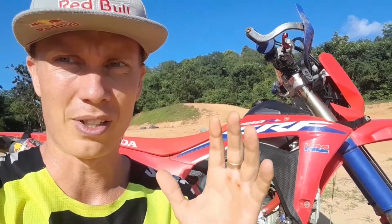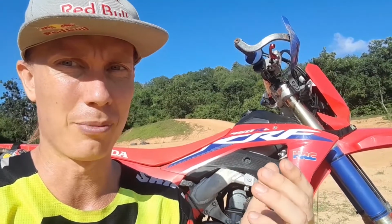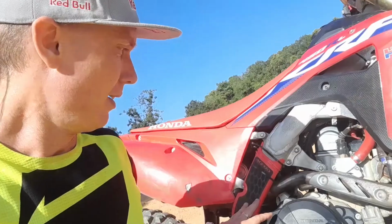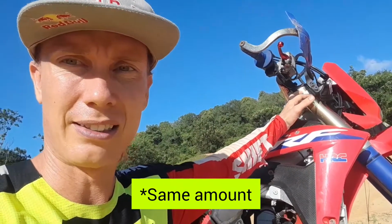Hey guys, if you're wondering if you can lower a bike without any special mechanic skills or without buying any extra parts for the bike, the answer is yes. You can just loosen up the triple clamps, slide up the fork tubes, and the bike is actually going to maintain the same handling character if you lower it the same amount front and rear. So if you lower the sag on the rear and lower it here in the front, it'll maintain similar handling